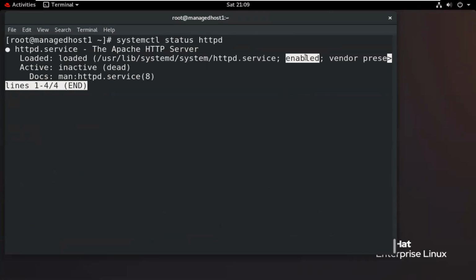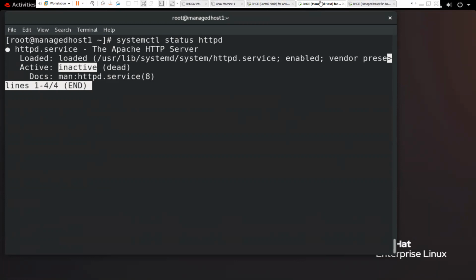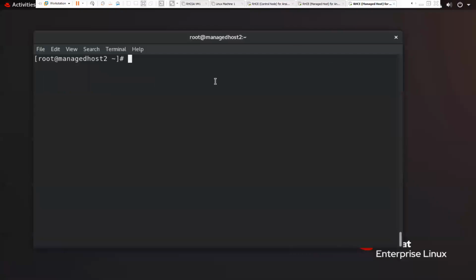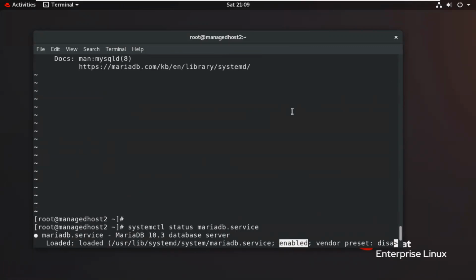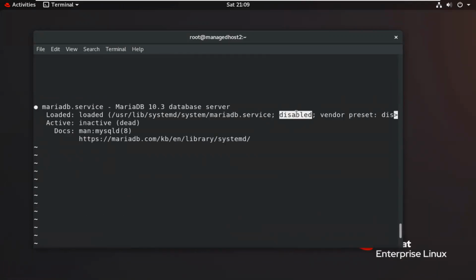The status will be enabled, but at this time it is not started, only enabled at boot time. When we restart this machine, the status will be started. At runtime, if we want to start this, we can also start it. And in this particular machine, the status is enabled, whereas earlier the status was disabled.